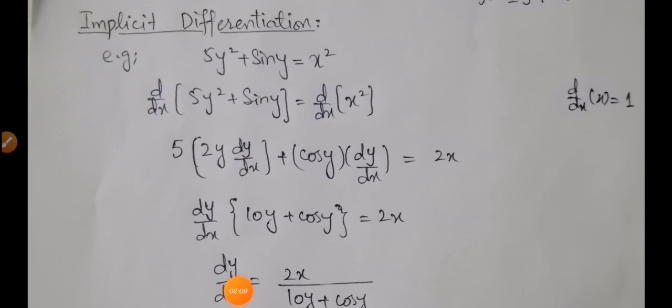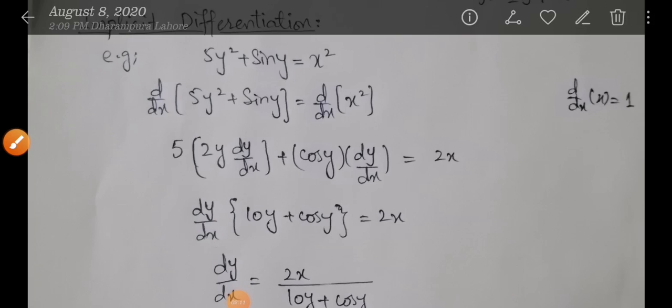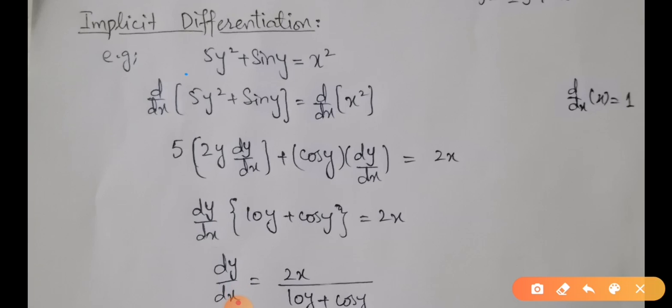So here is the technique of how implicit differentiation works. Let's suppose we are given an equation 5y square plus sin y is equal to x square, which is obviously an implicit function. For differentiating this expression, we are going to take the derivative with respect to x on both sides of the equation. On this side, 5 being a constant will remain the same, and for y square we will apply the chain rule. We will first apply the power rule to y, and then the derivative of the base, which is going to be dy by dx,